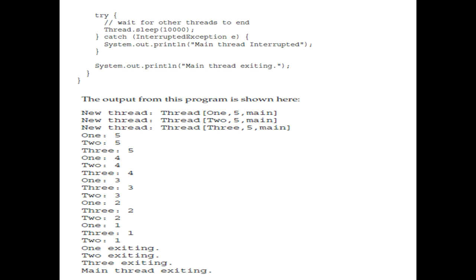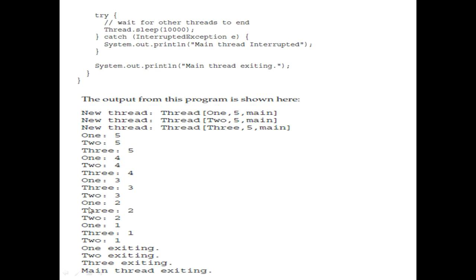Then once again, the first thread takes charge, displays the value 4, the second thread 4, third thread 4. Then again, the first thread takes charge, 3, 3, 3. Now if you see, for the third iteration, before the second takes charge, the third thread has already taken charge, and it displays 3 first, then the second one.